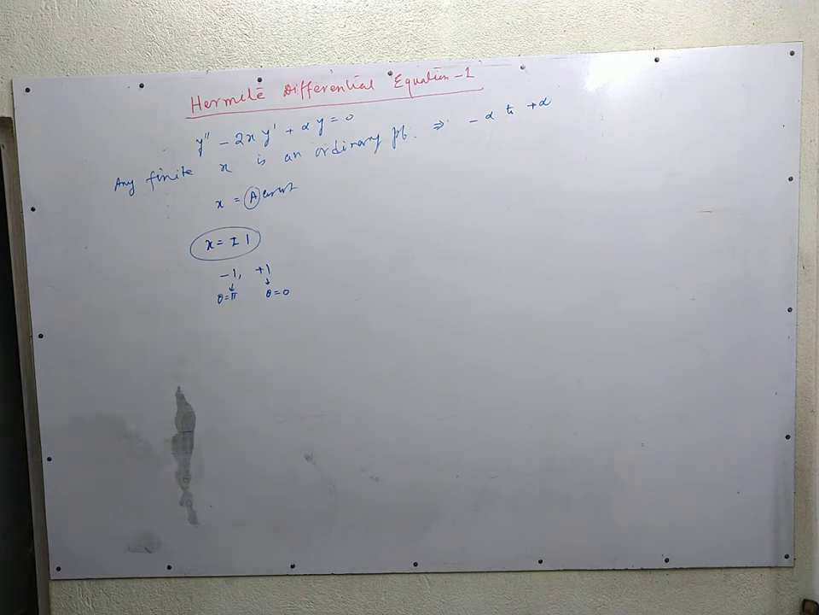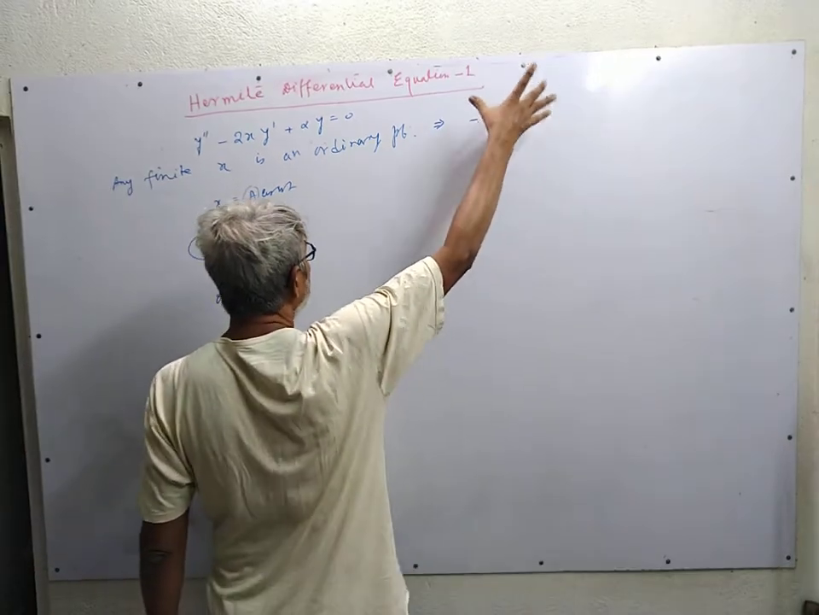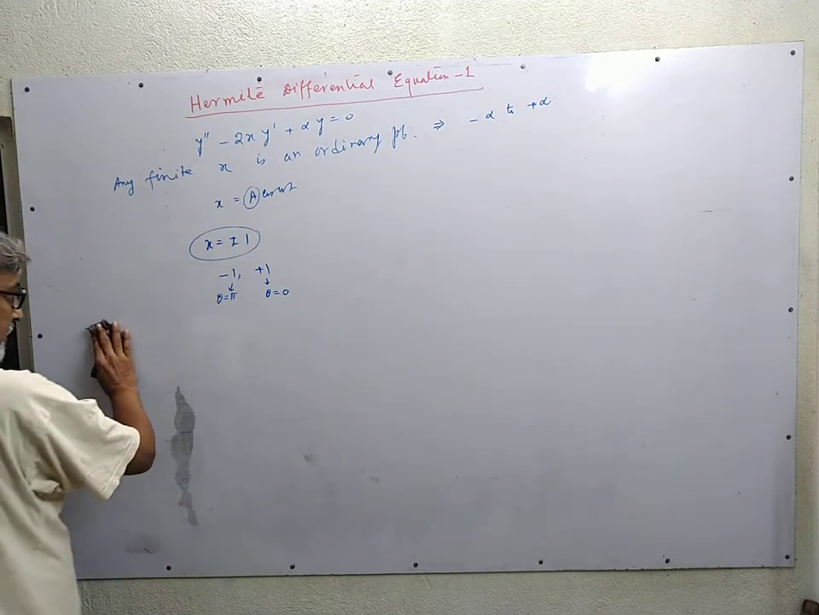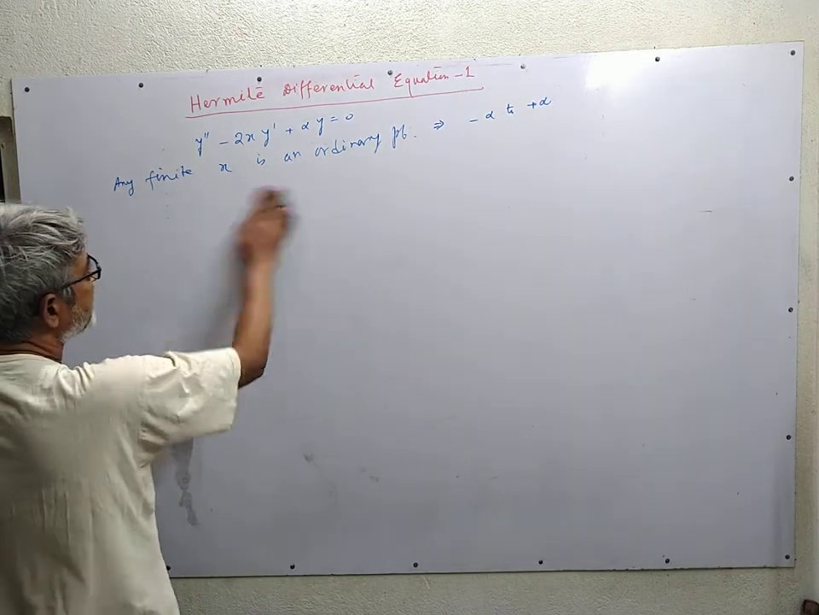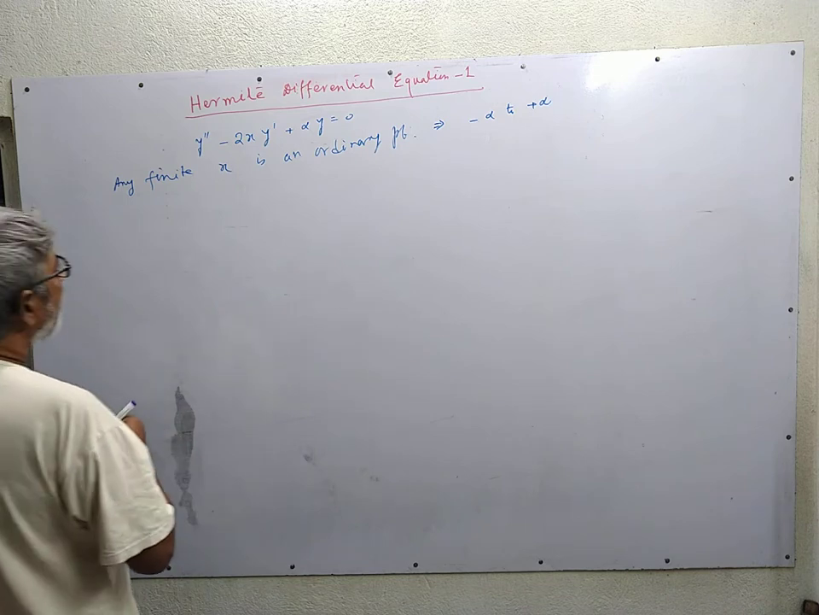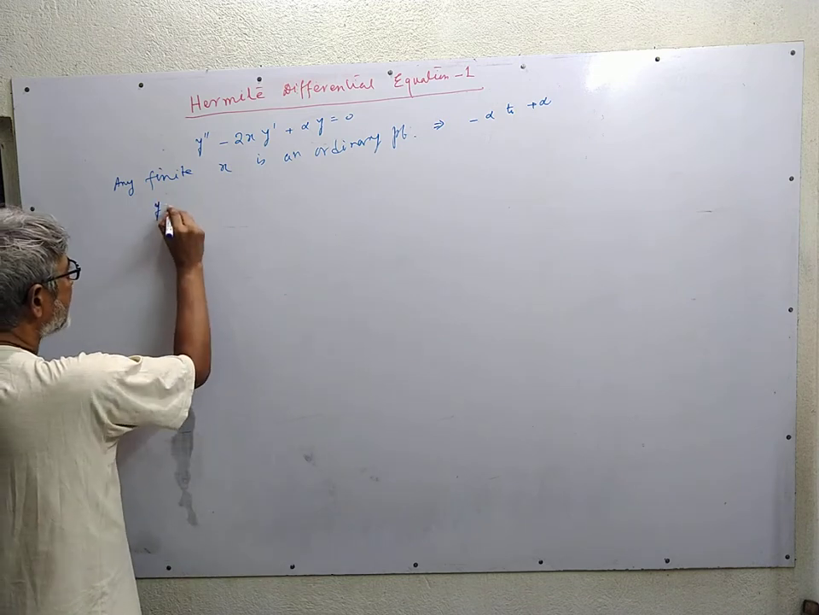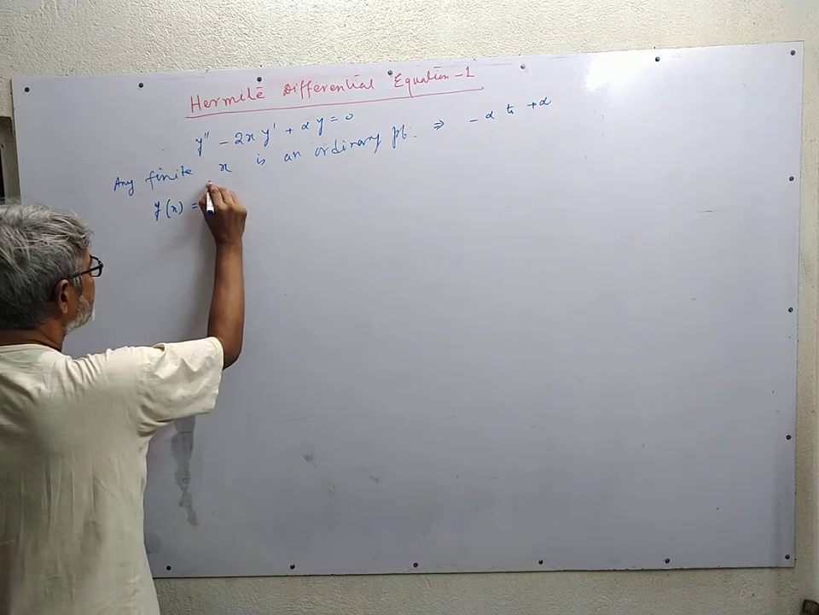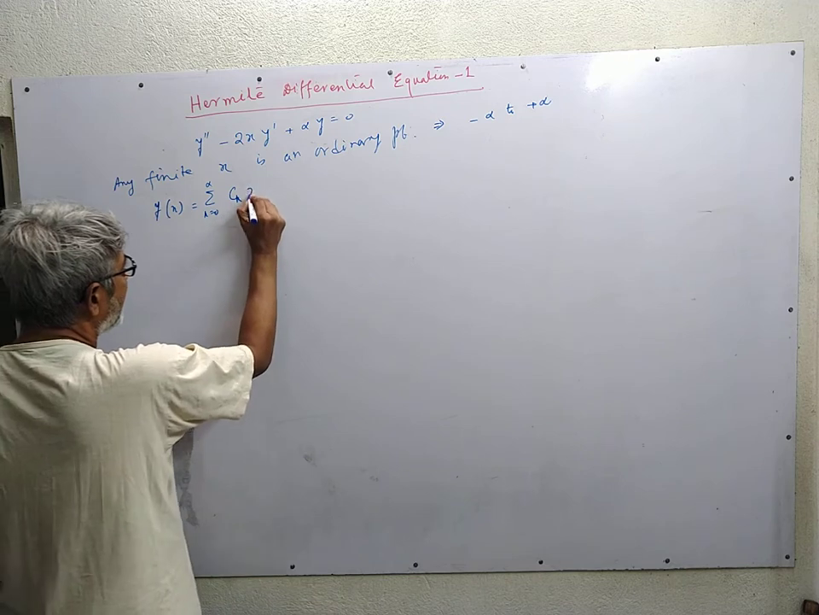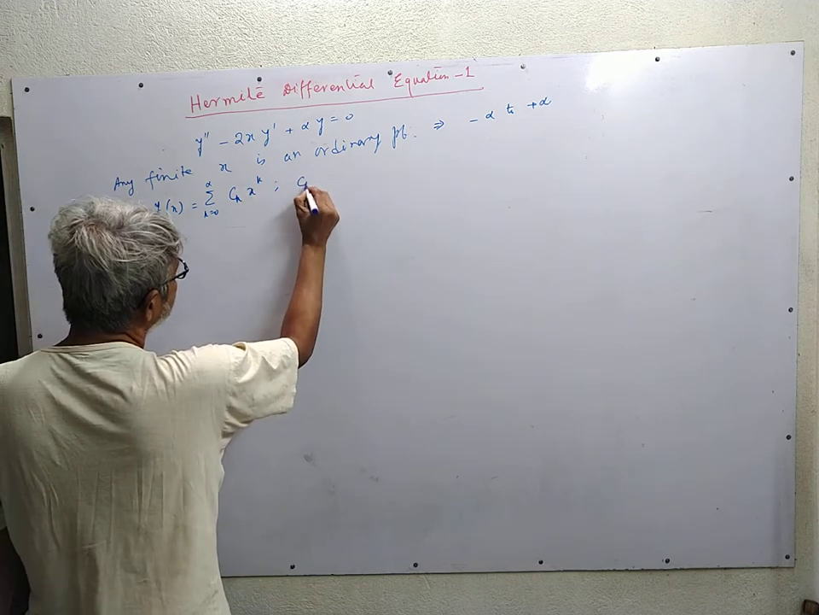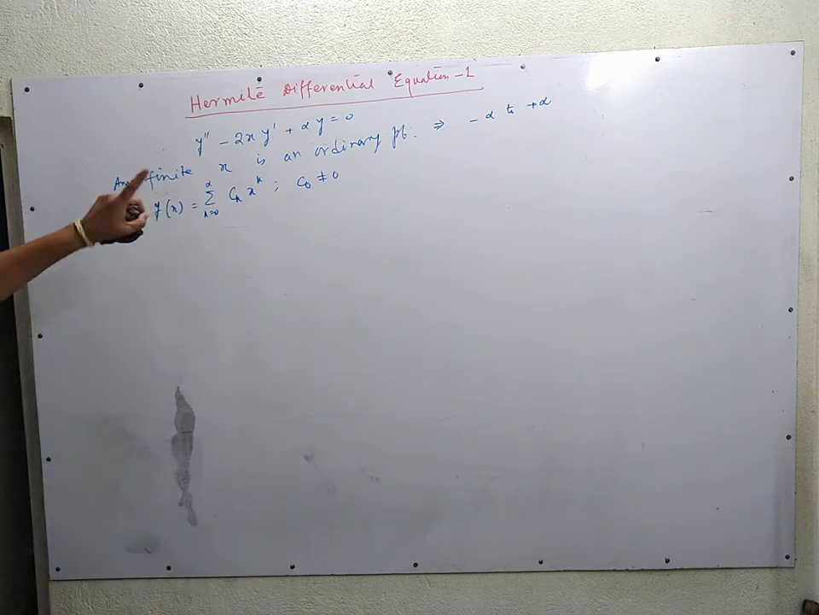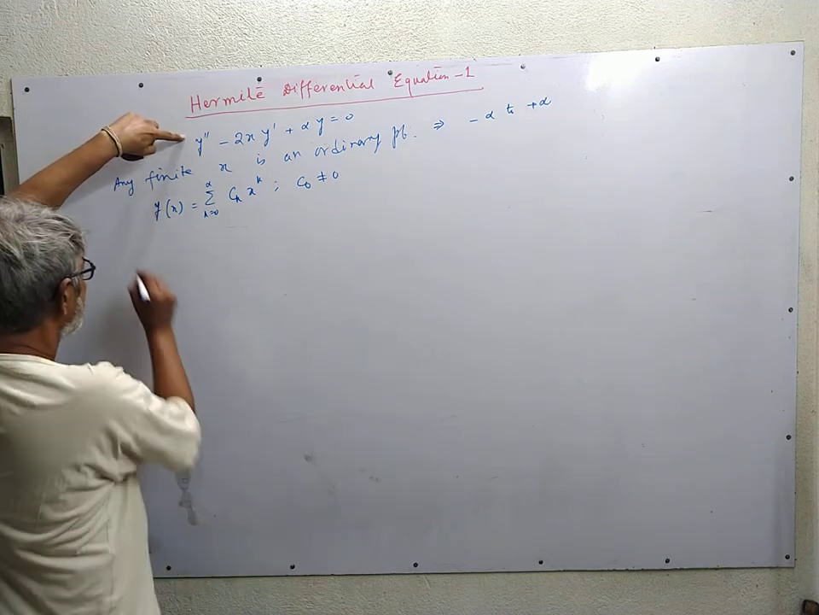In that case, it is the region where we should focus about the solution of this Hermite differential equation. Since x is equal to 0 is an ordinary point, we opt for the power series solution as y of x is equal to summation over k ranging from 0 to infinity c_k x to the power k with c0 not equal to 0. If we differentiate this once and twice and put it in this equation, we get